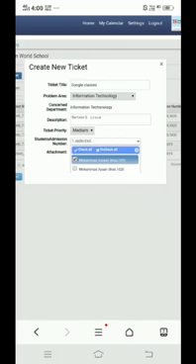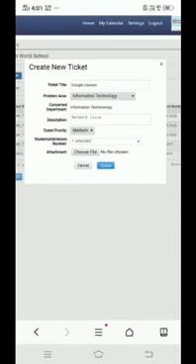Click on one, or if you have for either of the 2 or 3 siblings, choose one of them. And choose any attachments if you have to, and then click on the create button.